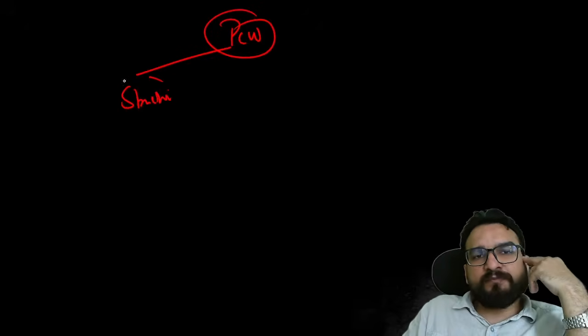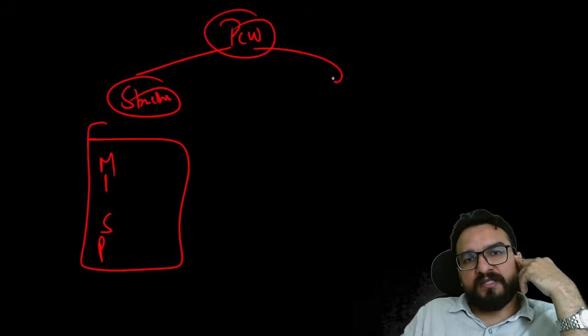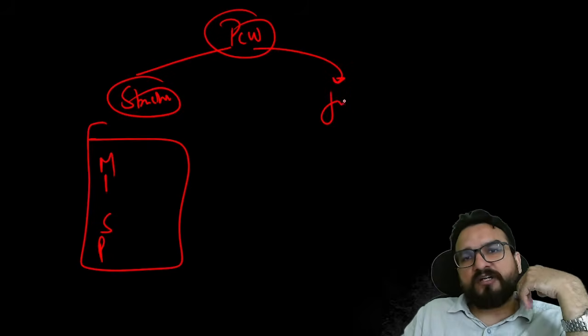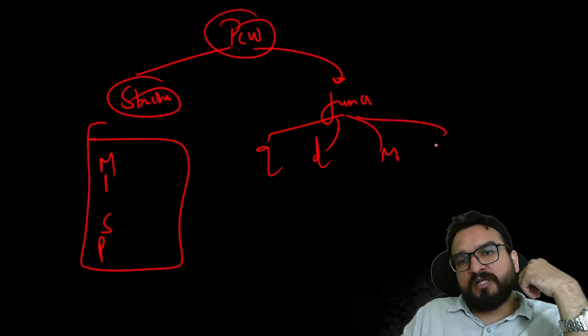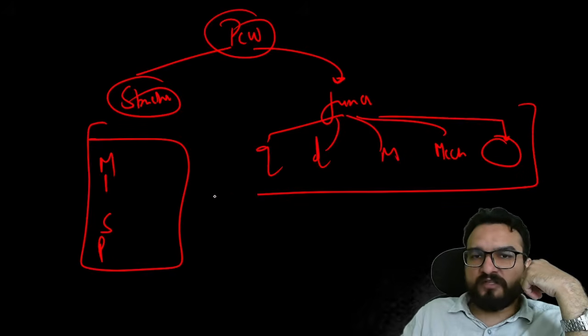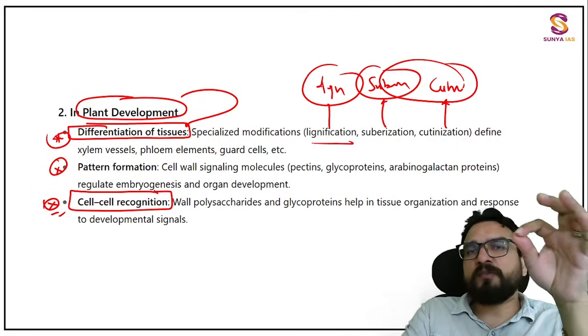Structure, for your exam, a 1 pager, explaining the primary cell wall, middle lamella and secondary cell wall, plasmodesmata. Then there is one more thing: you have understood the functions with respect to growth, development, metabolism, and the mechanical support which it provides. This is the final notes which you have made for plant cell wall.